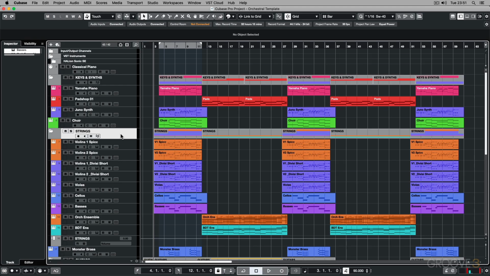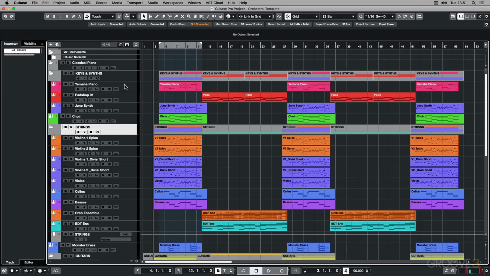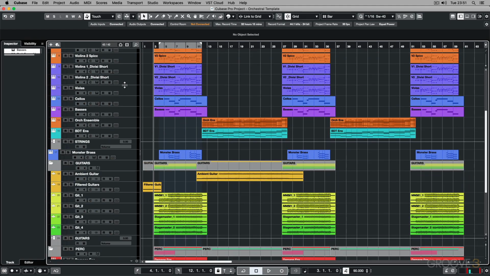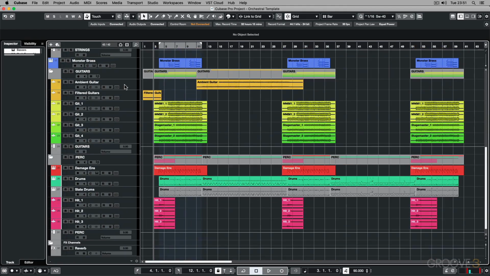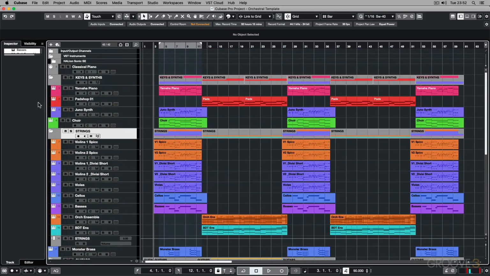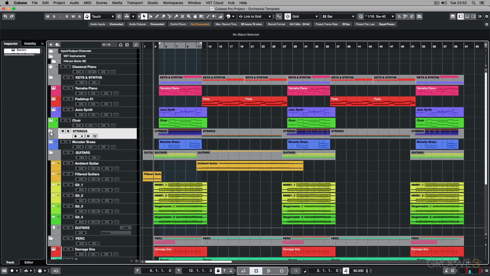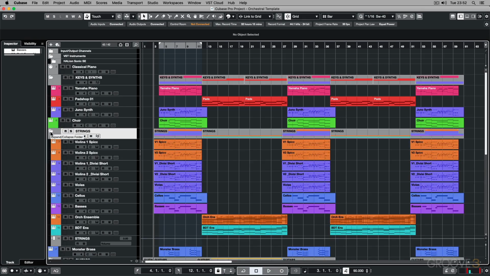First off, I want to take a look at how we can create our own sort of visibility preset. So if you take a look here, I've got a project that contains quite a few tracks. There's about 30 of them, and I've taken similar types of tracks and then moved them into a folder. I've tried to do this to sort of neaten things up and just hide the folders when I need to. But let's say I just want to focus in on one section and hide all the other types of